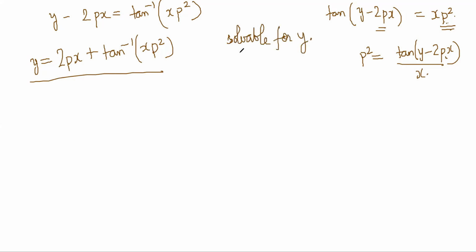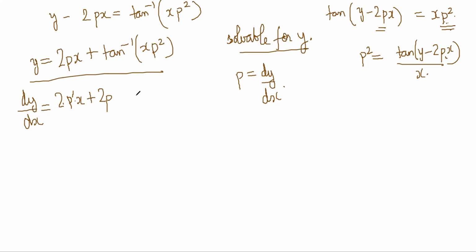Solvable for y in this case, right? We can put this thing as C or something. Now what we'll do is differentiate with respect to x, because we know that p was dy by dx. So we'll do dy by dx here so that we can write it as p. So dy by dx would be equal to, this is 2, now this is p dash, so it is a double derivative now, 2p dash into x plus 2p, right? Correct? Plus, now tan inverse I have to differentiate.